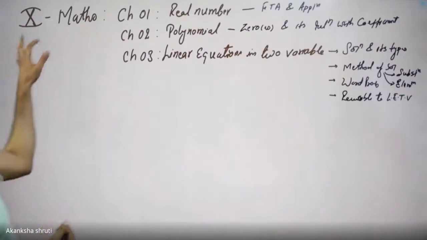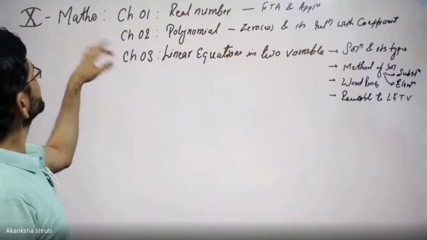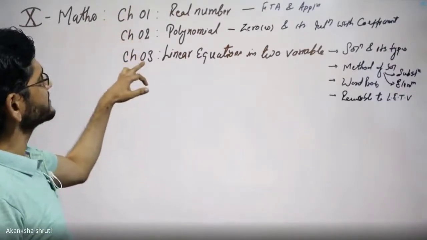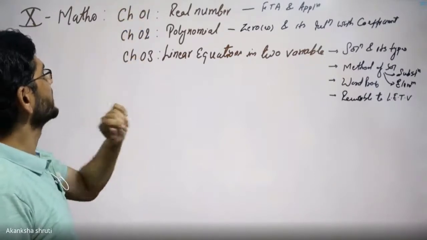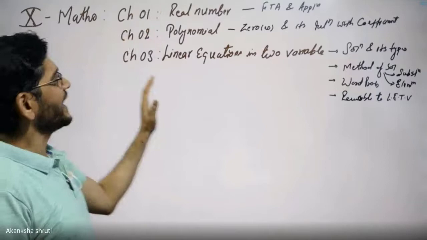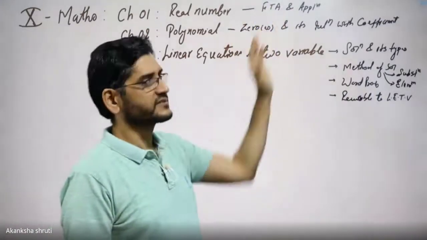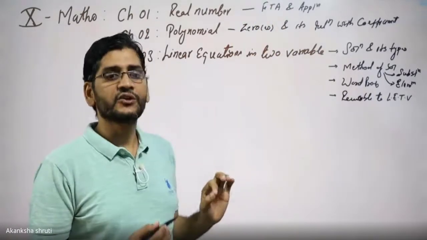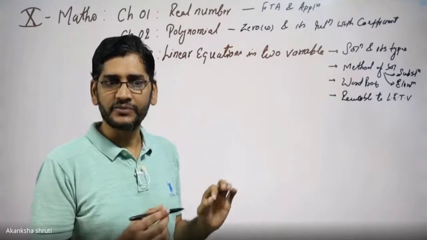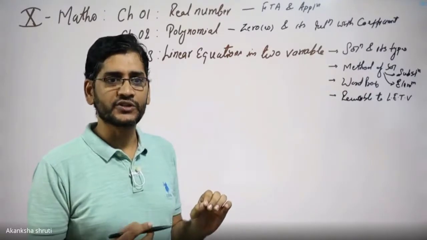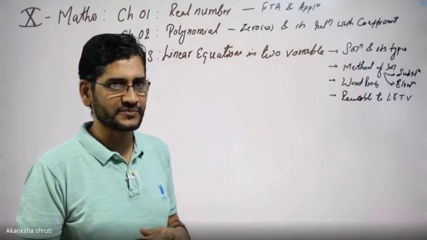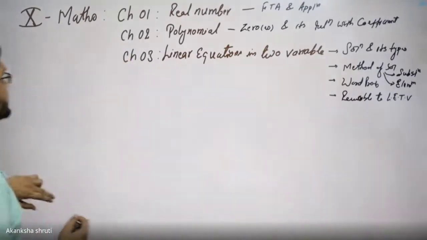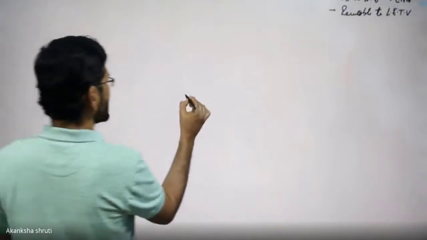Today we are going to revise our mathematics chapter 1, chapter 2 and chapter 3. These three chapters we are going to revise today, and our revision will be as per our revised syllabus. I will draw the concept map and write all the formulas and some important or simple questions for illustrating the concept. Only I will take that much, so it will be very useful for your revision. So let us start with chapter 1.